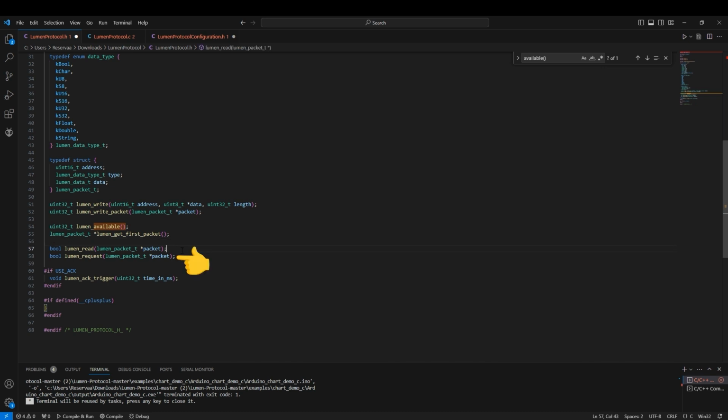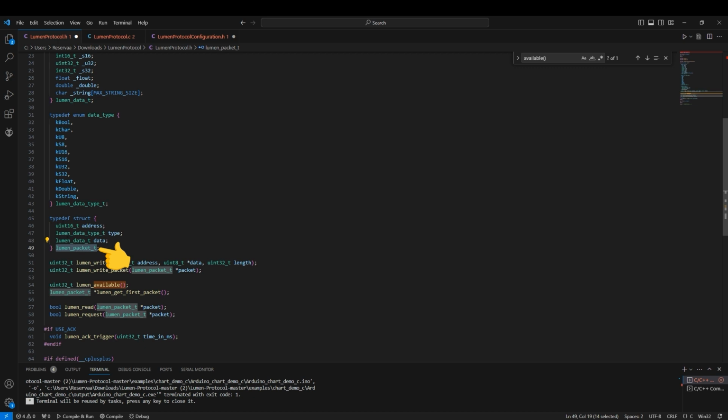The Lumen request function is used to simply send a data request command. You should pass a Lumen packet as a parameter, and it sends a serial request command to the specified address in the Lumen packet. A Lumen packet is a data structure representing a packet of information in the context of